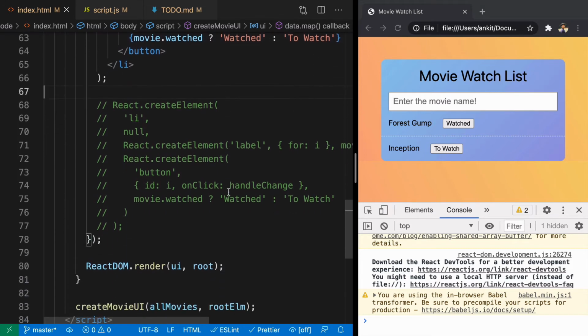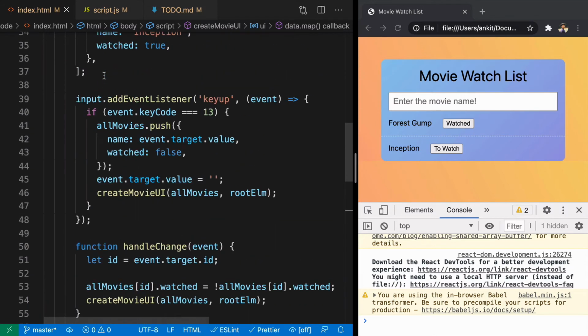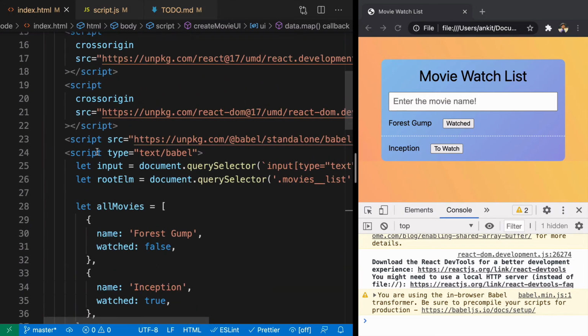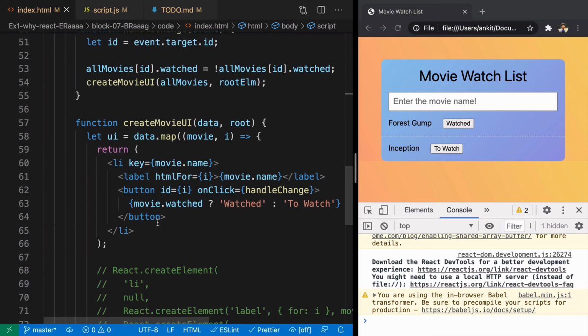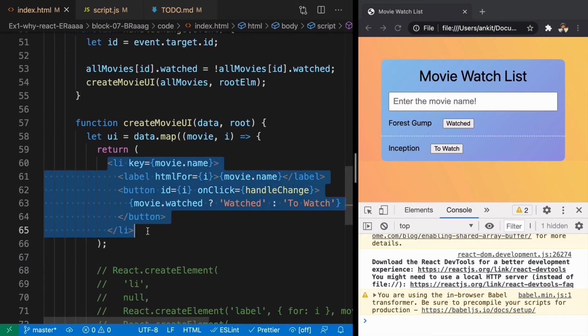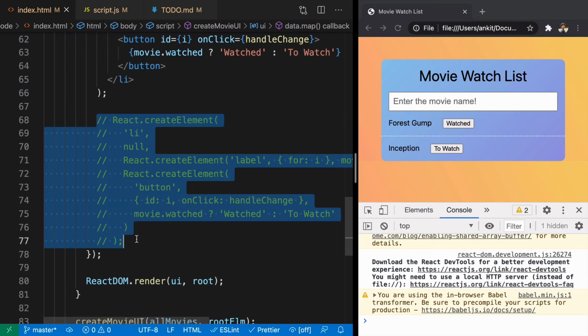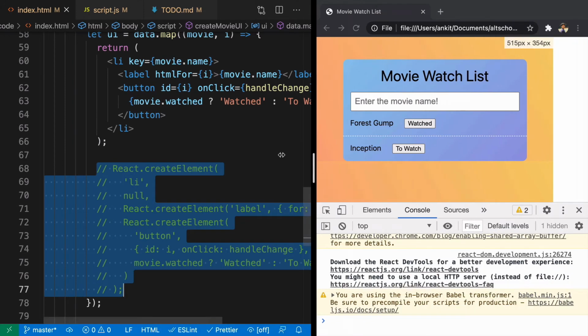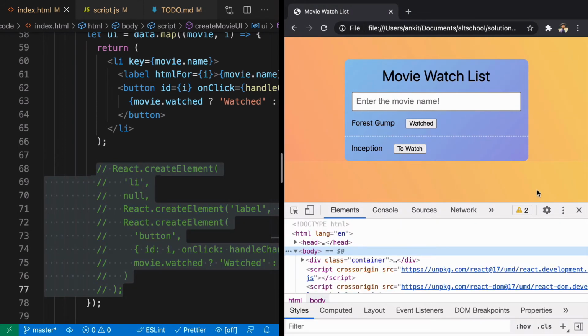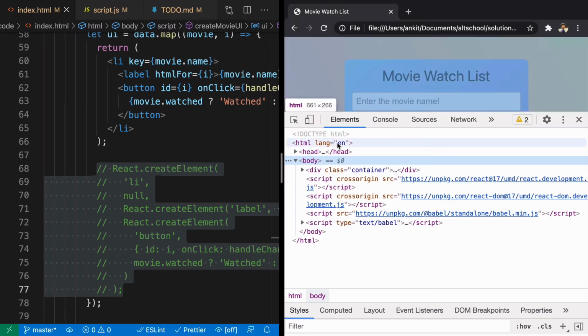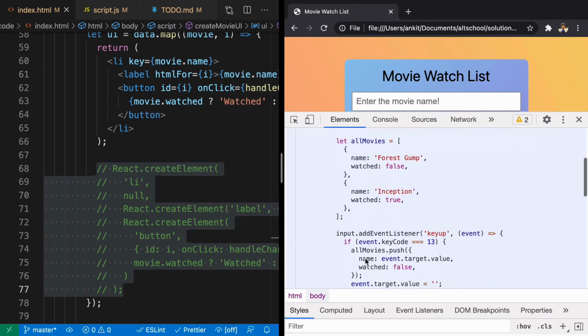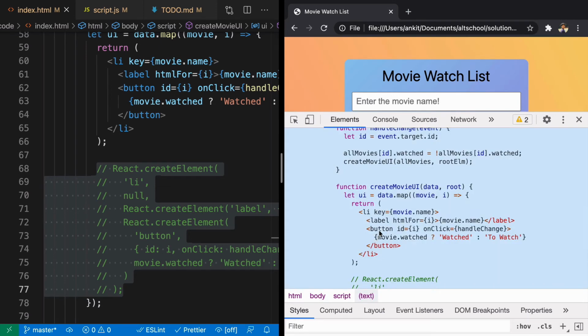So in this video, we used Babel to convert our JSX, which we write inside a script of type text/babel. Here we are writing JSX. JSX looks very similar to HTML. And this JSX gets converted into this form by using Babel. If you want to take a look at how it gets converted, you can look at the Elements tab here. When you go on to this tab, you will see two things. Here is the JSX that you wrote. Can you see it here? So here we are writing the JSX.